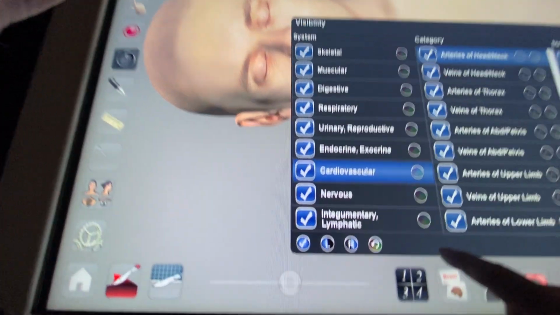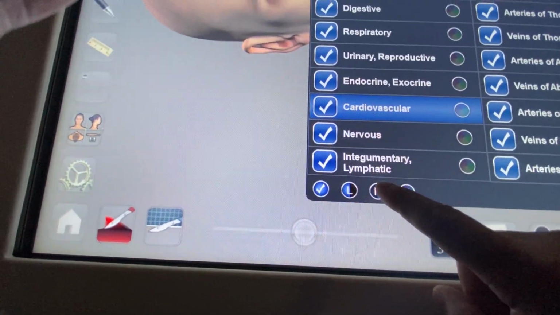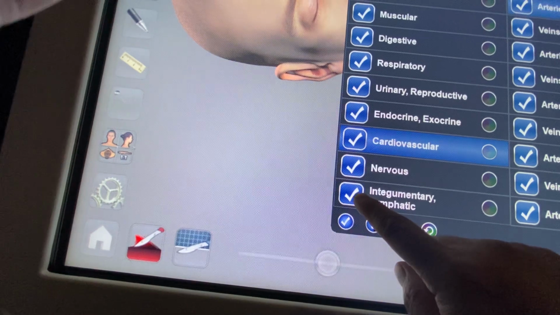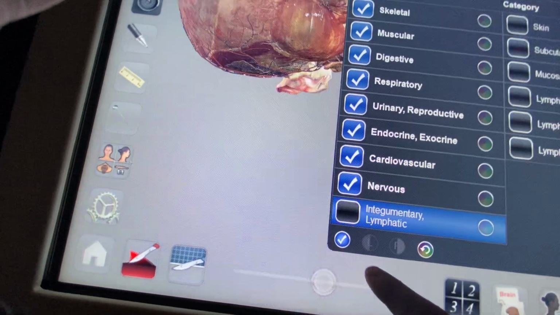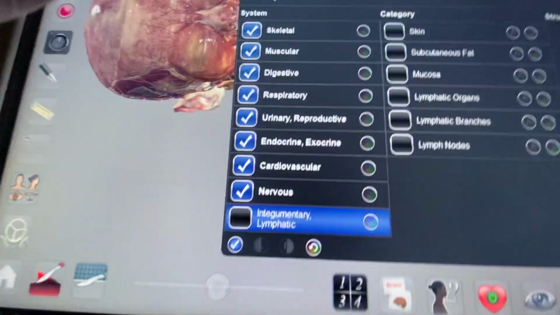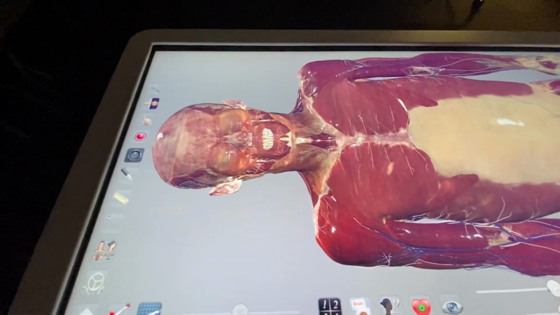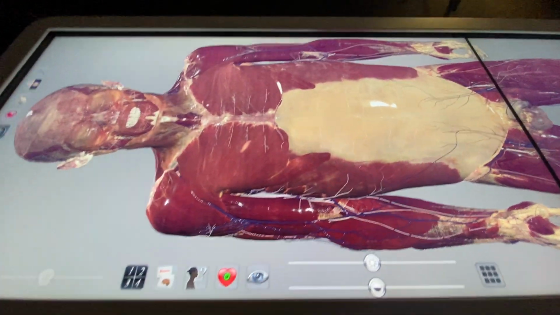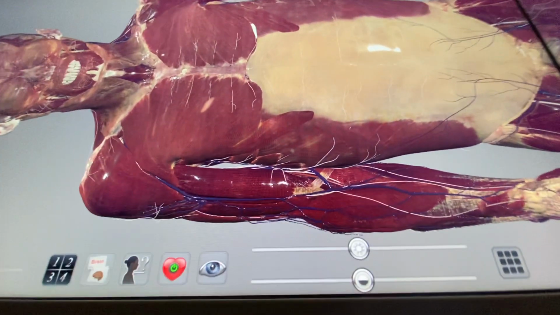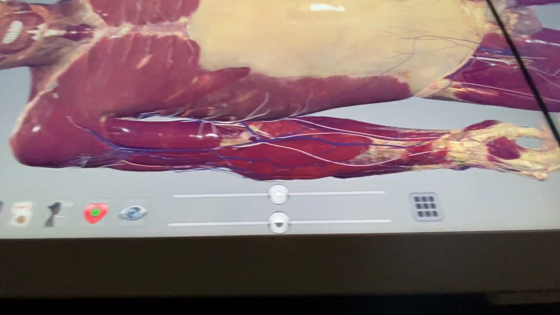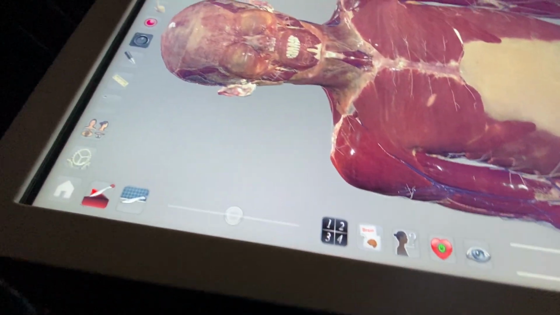But what do they want us to do? They want us to only remove the skin. So see this integumentary, it's checked, that means it's visible. I'll make it invisible. And if you do that, and then you close out this box, you will now see you are left with muscles. Because of course I removed my skin, what's the next level? Muscles. And then this is where they want us to start playing around, and then in laboratory, you just click